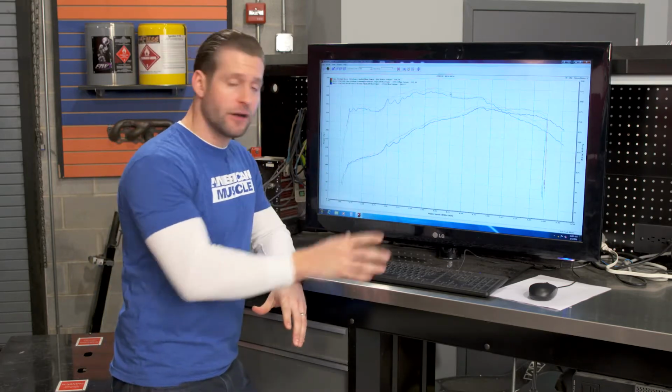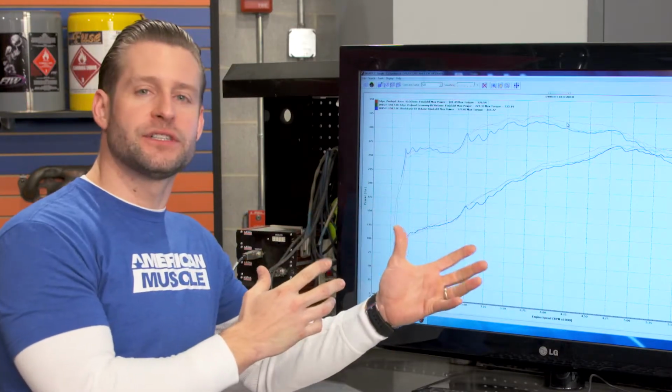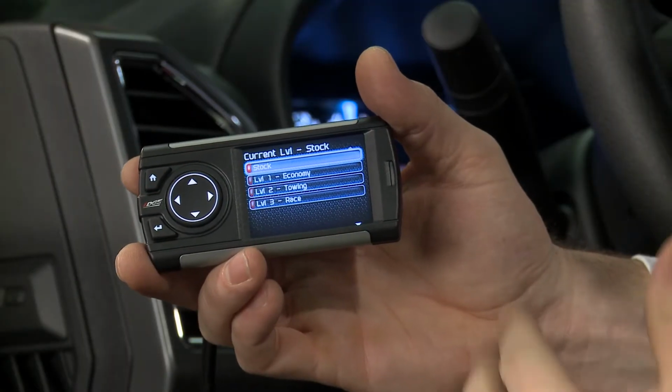Now, overall, they're still a very good tune. You can just use them with a lower octane fuel. You're not going to see as big of numbers as you might see with an SET or an MPT, for instance, but overall, still a very solid tune. So with the numbers out of the way, let's get back to the table and we'll break down the Edge